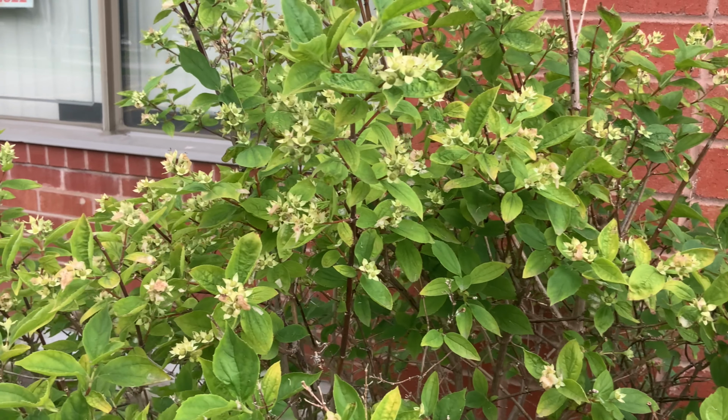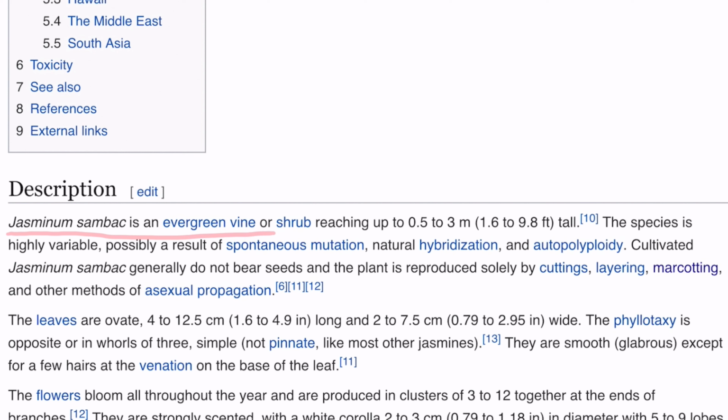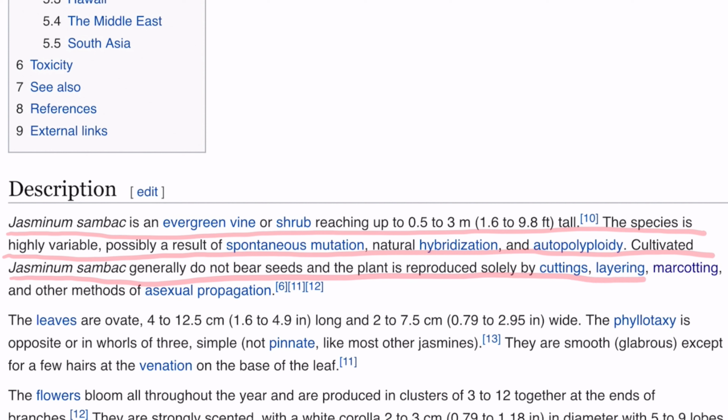I'm going to read you a little snippet I have here, some information. Jasminum sambac is an evergreen vine or shrub reaching up to 3 meters tall. The species is highly variable, possibly a result of spontaneous mutation, natural hybridization, and autopolyploidy. Cultivated Jasminum sambac generally do not bear seeds, and the plant is reproduced solely by cuttings, layering, marcotting, and other